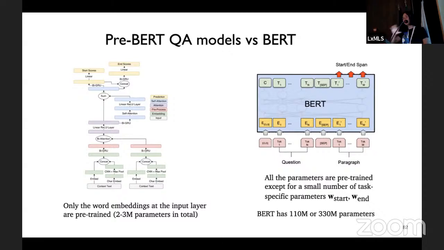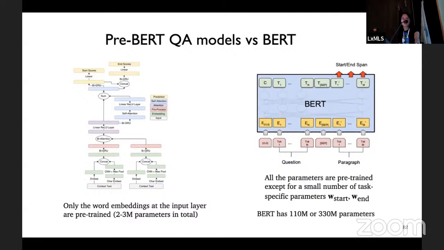I actually did a lot of the architecture engineering type of research for question answering. So before the BERT model came out, a lot of researchers were trying to design new model architectures for different types of tasks. For example, this one model architecture for question answering. At that time, you had to really figure out how to connect the different components to design for different tasks. But then BERT came out, and you just have one single model,